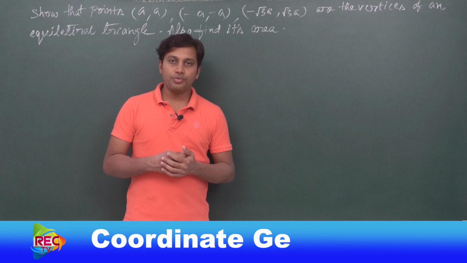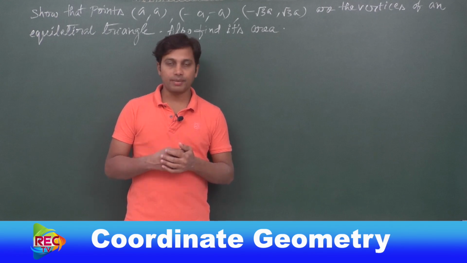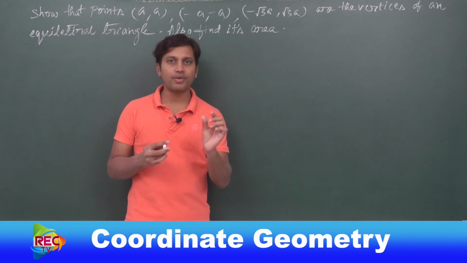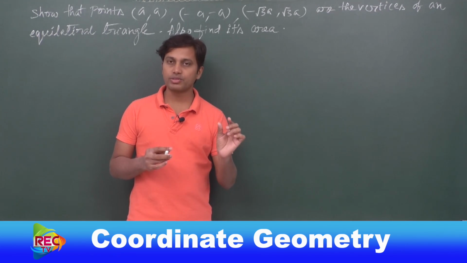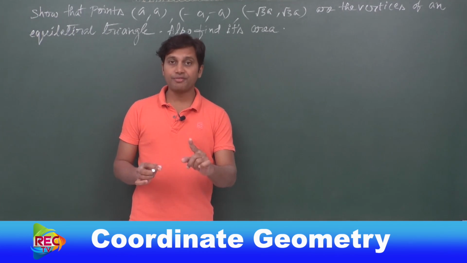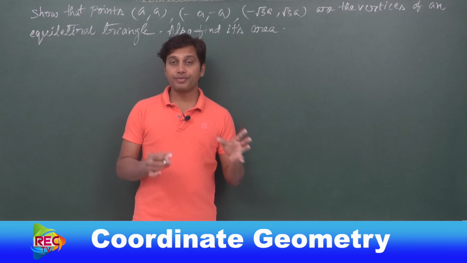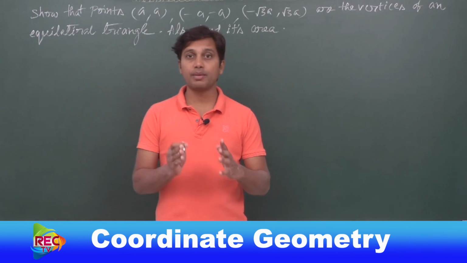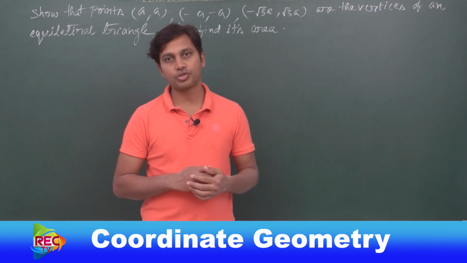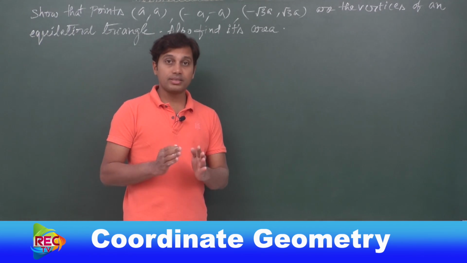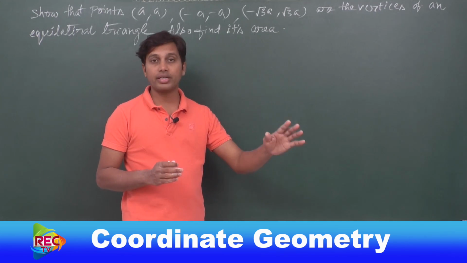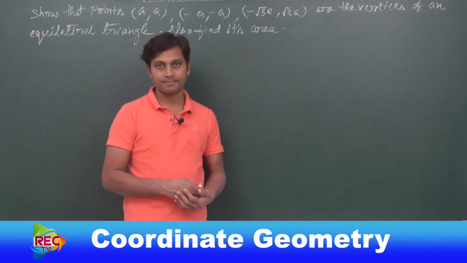So now let us do one more problem on the distance formula. See this guys, these are very simple ones. We need to just apply the formula root of x2 minus x1 whole square plus y2 minus y1 whole square. It's a very small thing, but you need to take care of the geometrical properties. Understood? We need to have the awareness on geometrical properties of triangles and quadrilaterals to solve this. Otherwise you may not be able to solve. Understand? Please recall all the properties of geometry of triangles and quadrilaterals before solving this exercise.